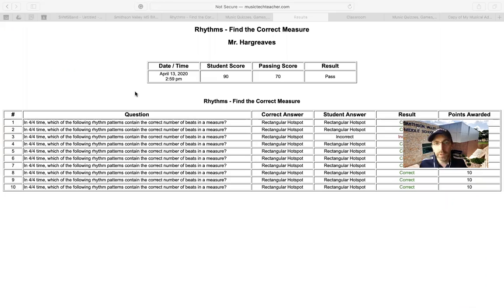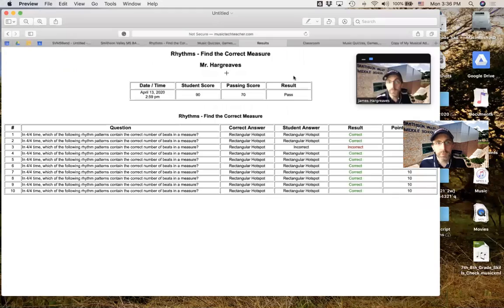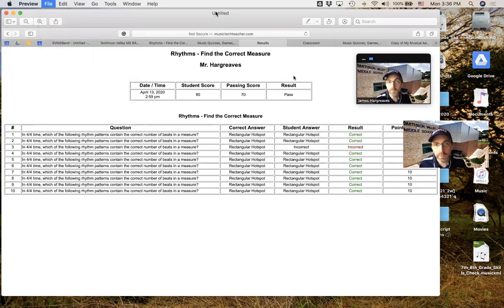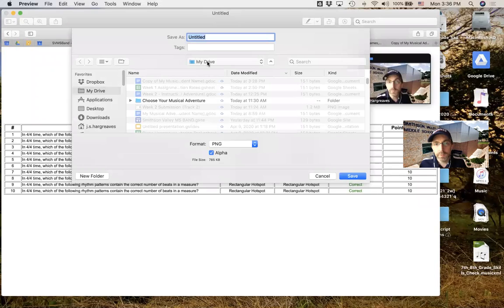So screenshotting is the easiest way to do it. Let's go opening preview, there we go. I can either go to File, Save, or I can click on the Untitled and rename it there. Let's save it in my drive. Let's save it as Week 2 Submission,